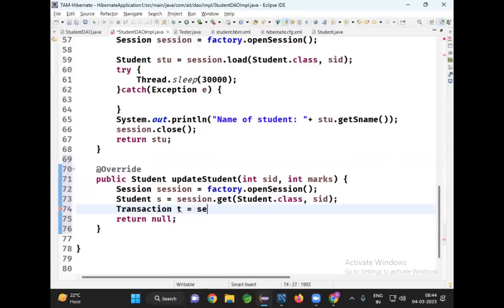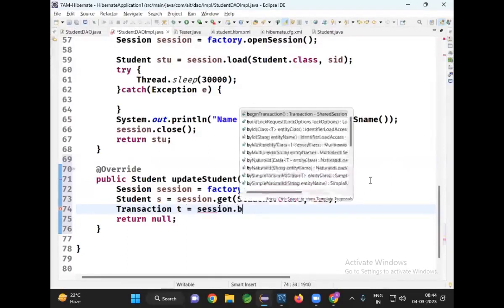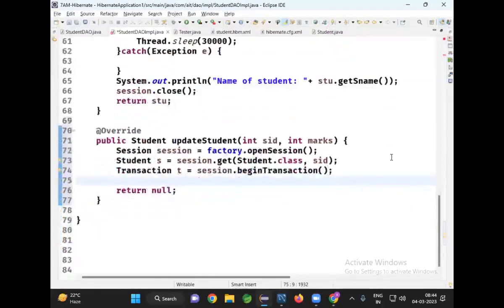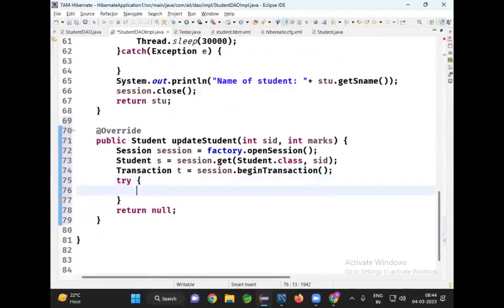T equal to session dot begin transaction. Try. During updation, if there is any exception, I want to say, sorry, updation failed. If no exception occurred, say successfully updated. Correct? S dot set marks